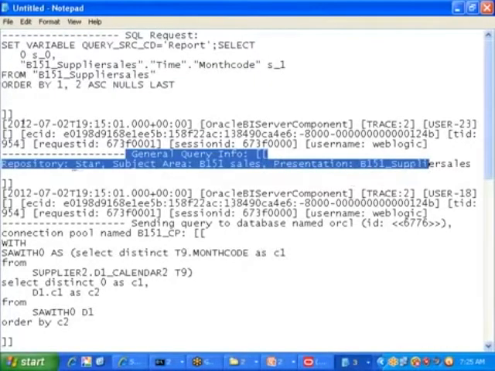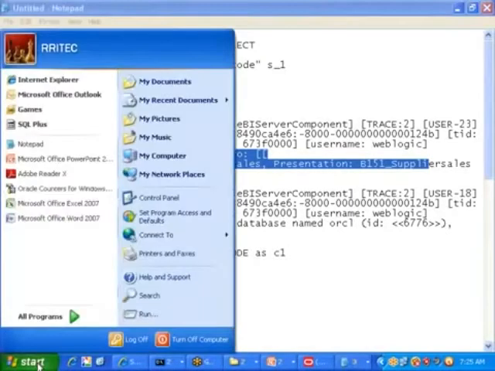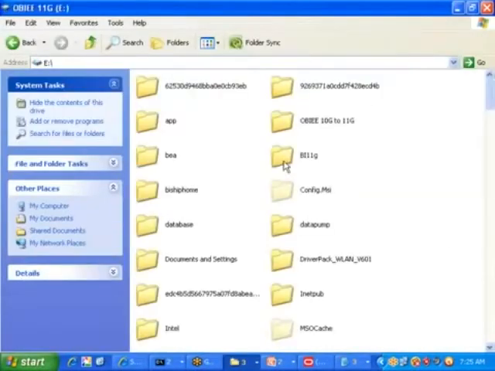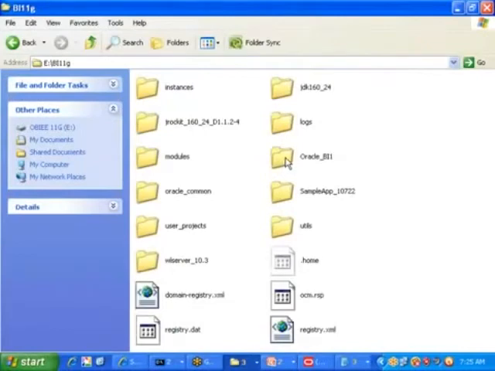General query info talks about what your repository name is, that is Star. Where do you define the Star, sir? Do you remember? I showed you one file, that file is called nqsconfig.ini.